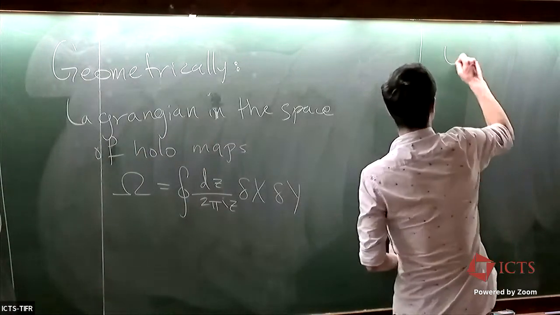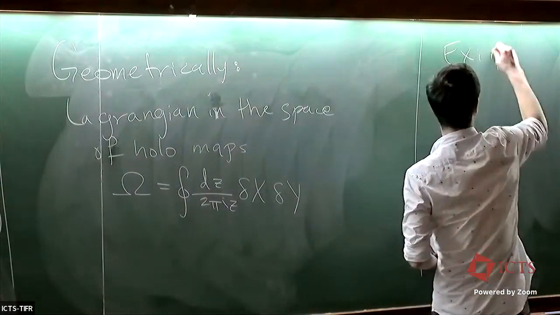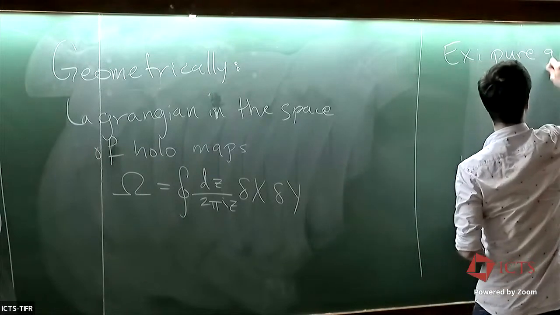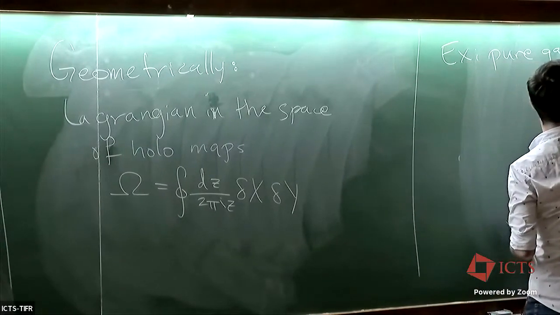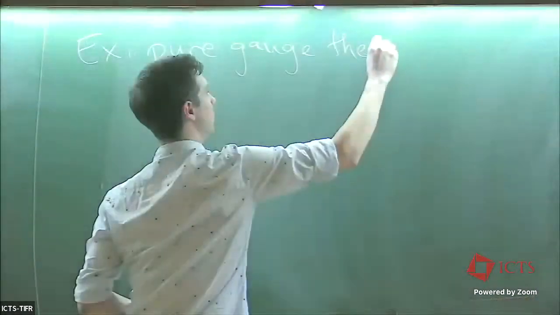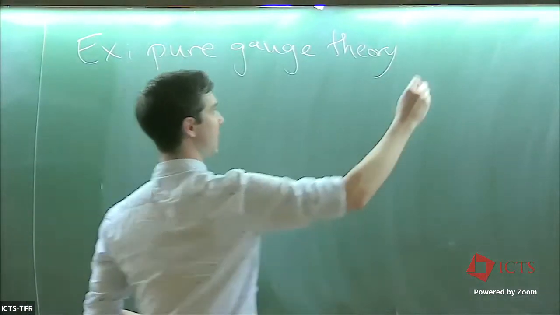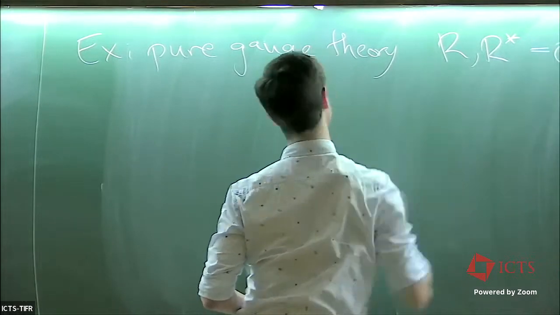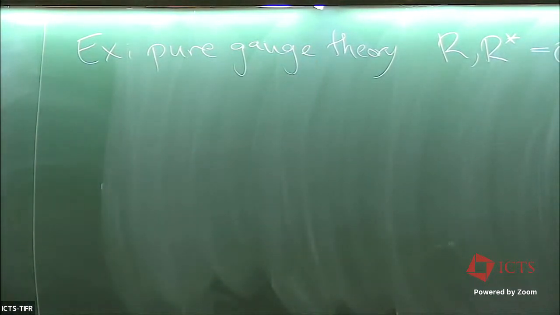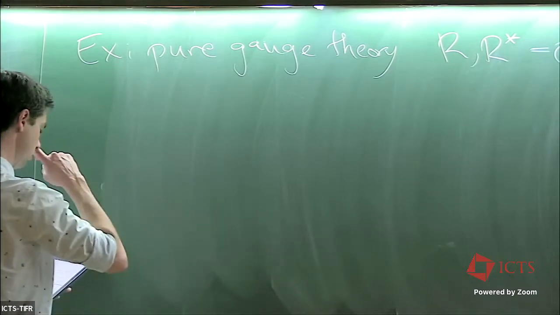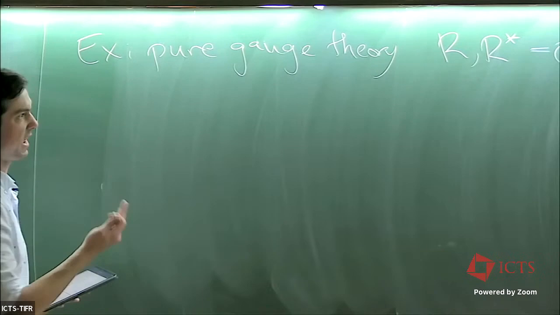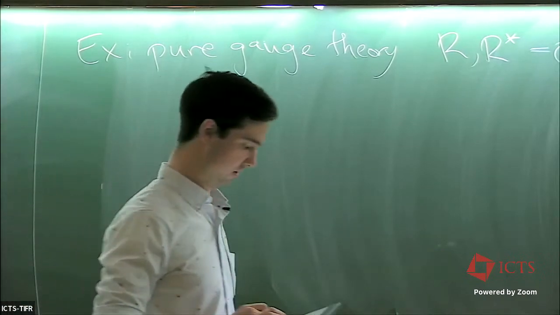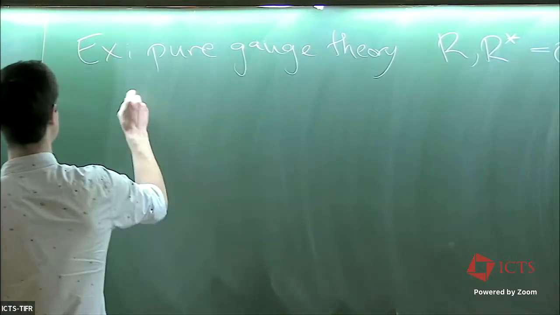Now I want to consider sort of the other extreme, where I have pure gauge theory. So in this case, R and R dual are just the zero vector space. And I can imagine coupling my gauge fields to a quantum mechanical system that has a G symmetry. For example, I could